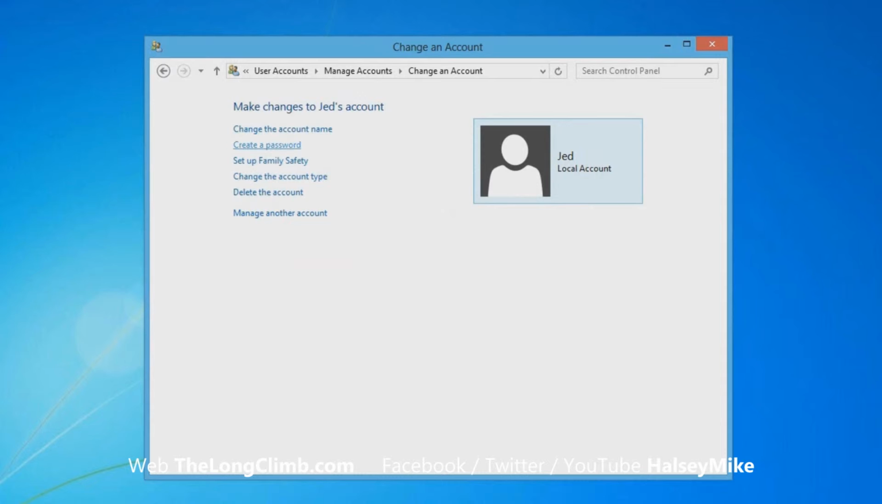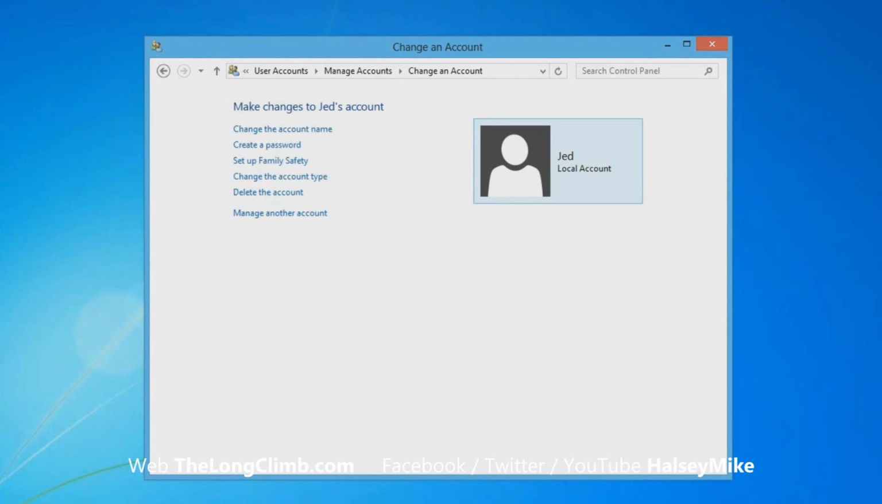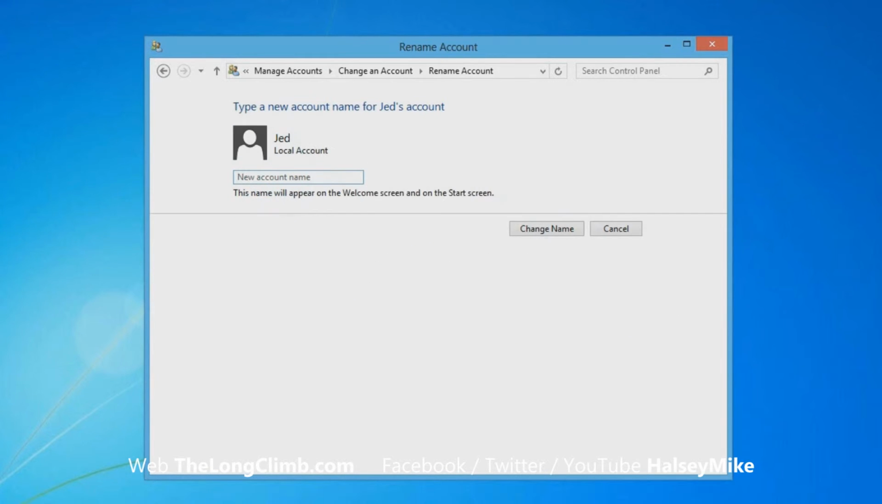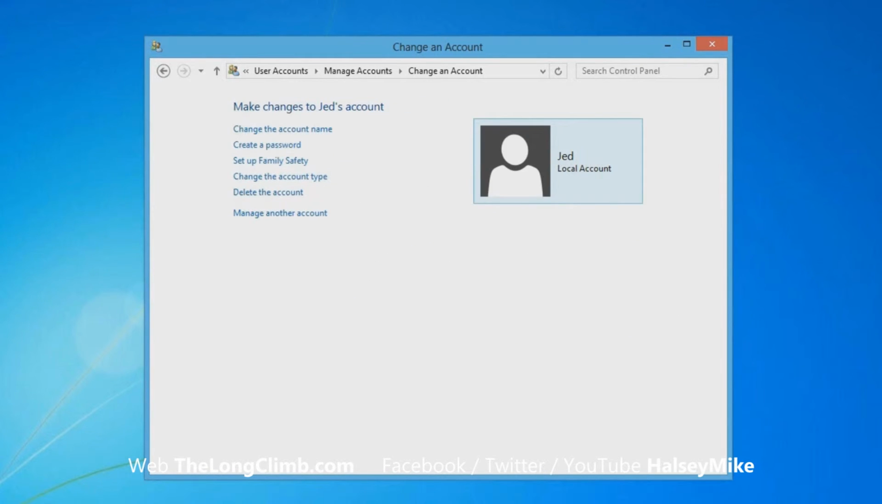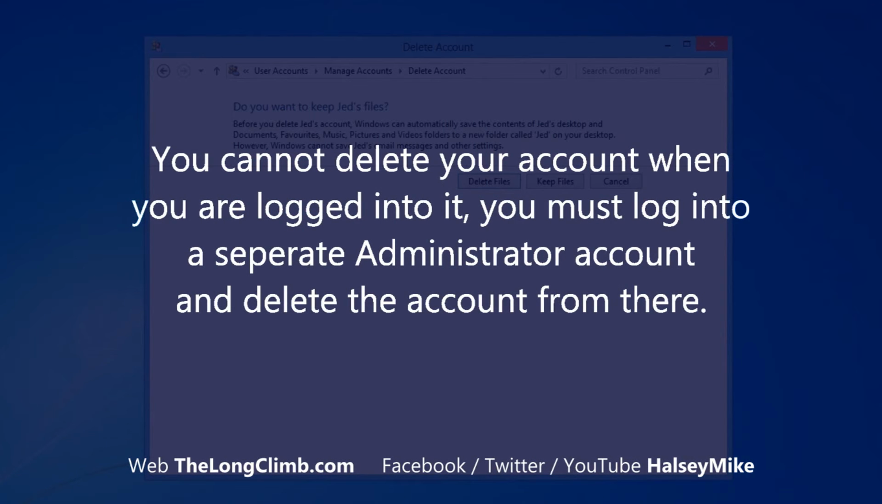We can create a password for the account, and you'll see that it will also ask for a password hint if you forget the password when you're trying to log into your computer, and we can change the account name here as well. Now, deleting the account is interesting, especially if you're signed in to somebody else's computer and you